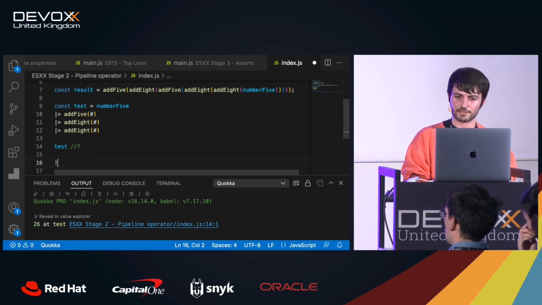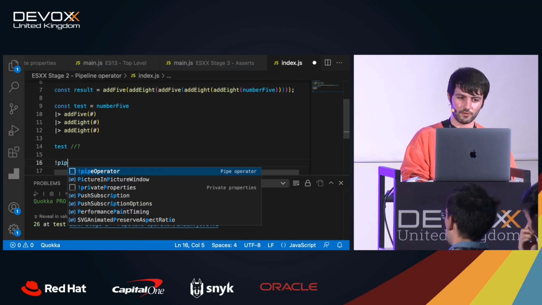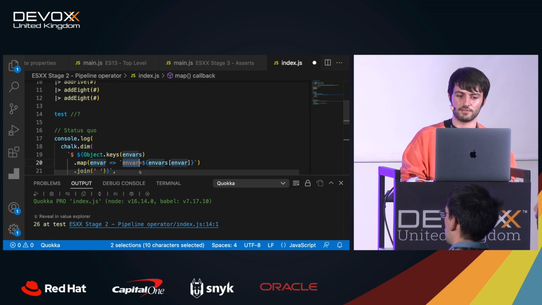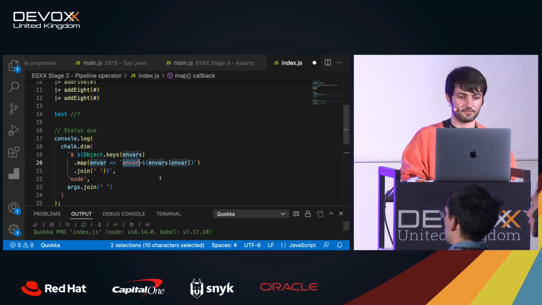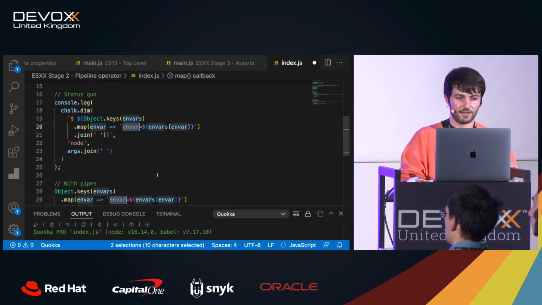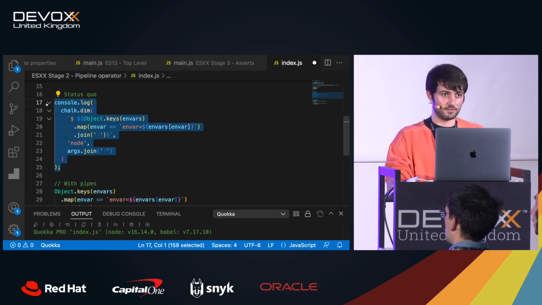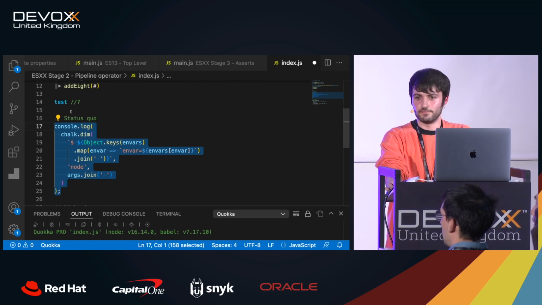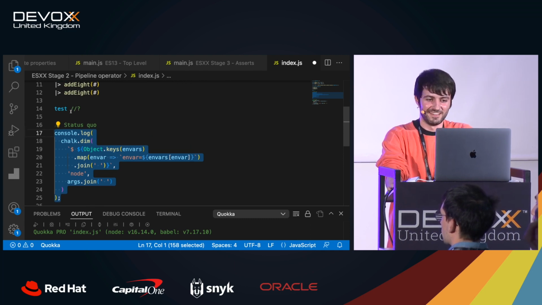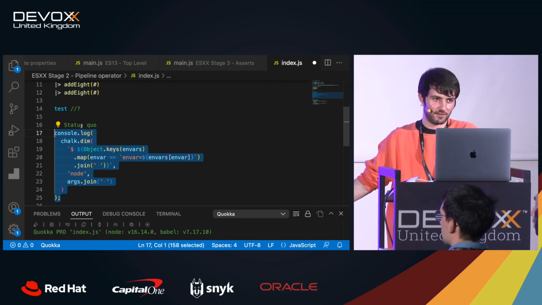If we go, for example, let me show you an example of code extracted from React. This is from the React library. This is currently, when running Jest, it has this code here. I'm not sure about you, but at least for me, it's not as straightforward as I would like to understand what's going on here right now, right?